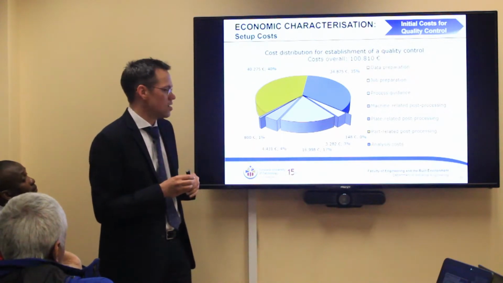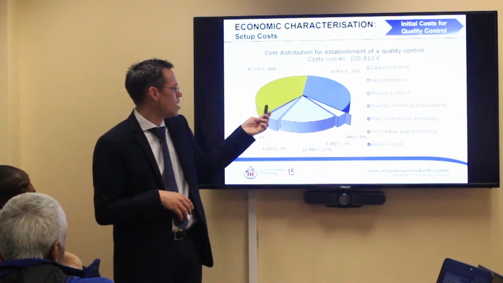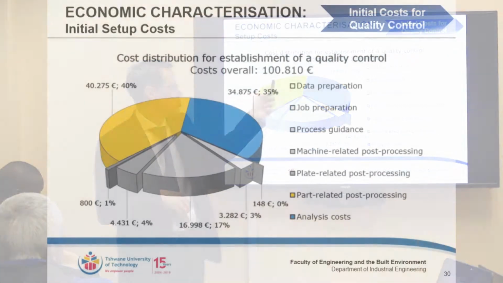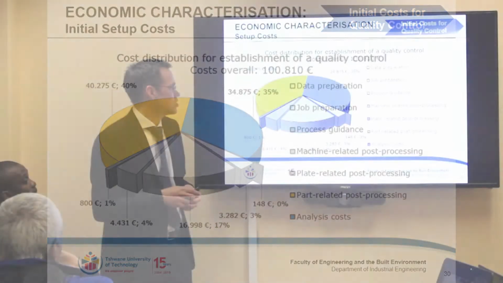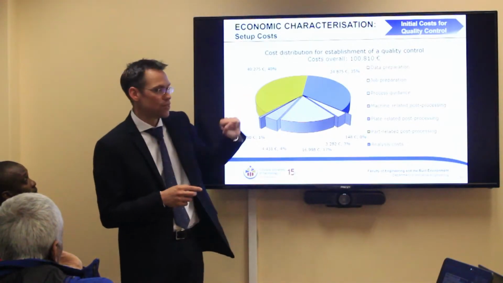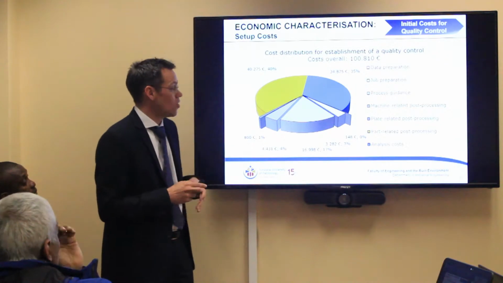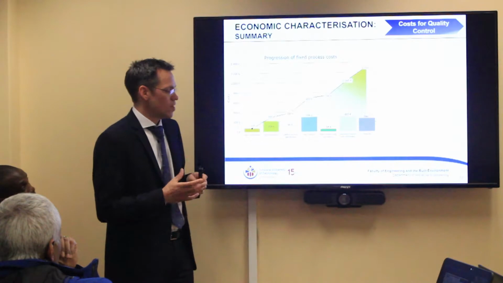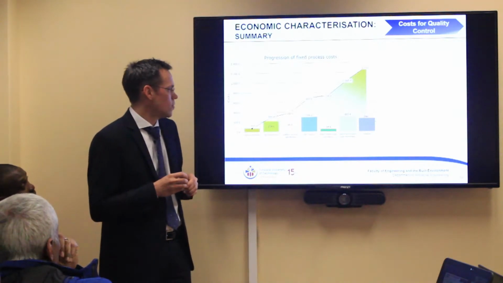And as you can see here, the production costs are basically determined by 2/3 for specimen post-processing and specimen analysis. So these costs are quite high. It's 100,000 euros you have to invest for each material system or each parameter set. And even if you have invested those 100,000 euros, then you are still